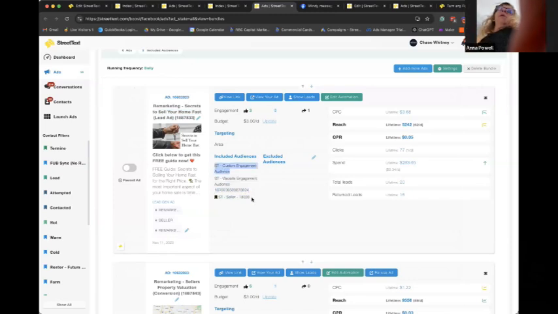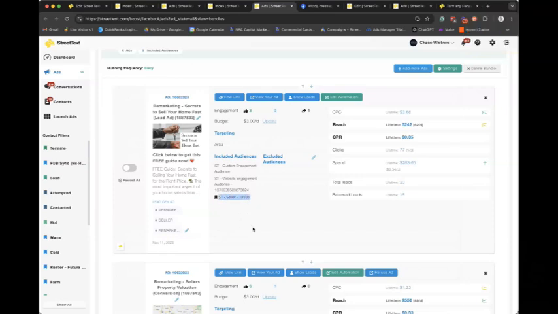And so what I mean by that is Chase wants this ad to be shown to people that have a seller tag added in his StreetText account. So they're all his sellers. And maybe he's actually got 12,000 leads, but out of those 12,000 leads in his platform, maybe let's say 6,000 of them are sellers. He only wants his seller leads to see this. But a seller could be anywhere, right? It could be in Mississauga, it could be in Ottawa, it could be anywhere.